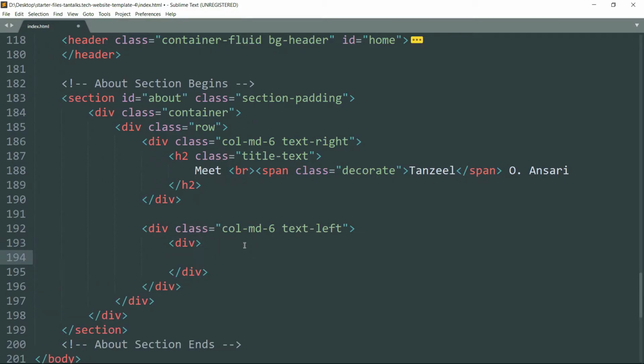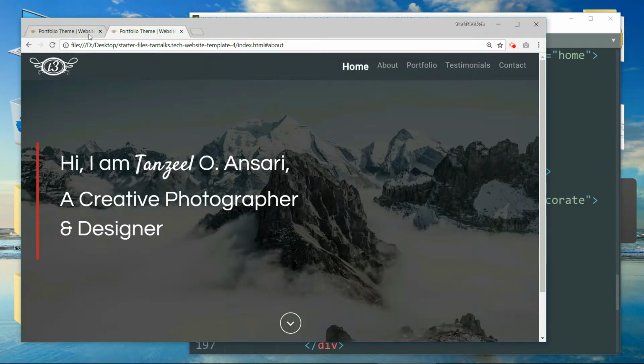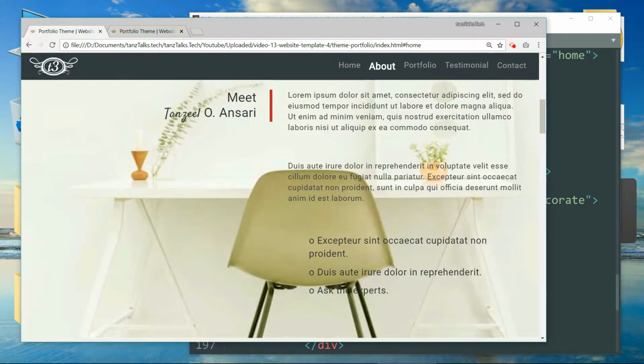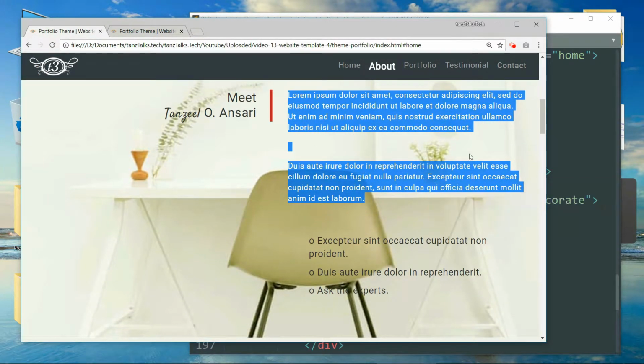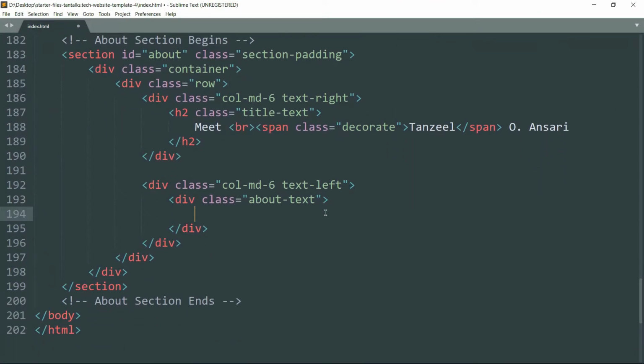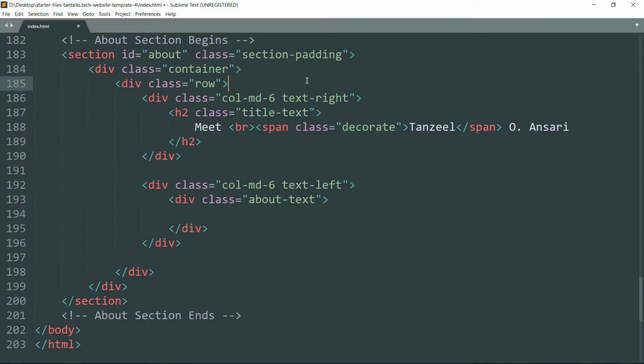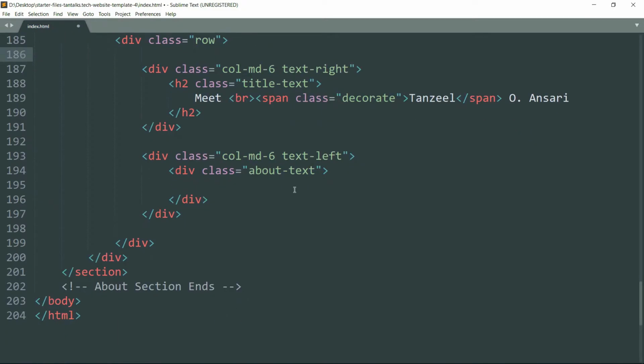Then write a div tag and class as about-text. And let me just copy the text from this example page. You can write any other text that you like. And one more thing, while writing code, it will be better if you use indents so that you get an idea where the tags are closing. Alright, let me paste,